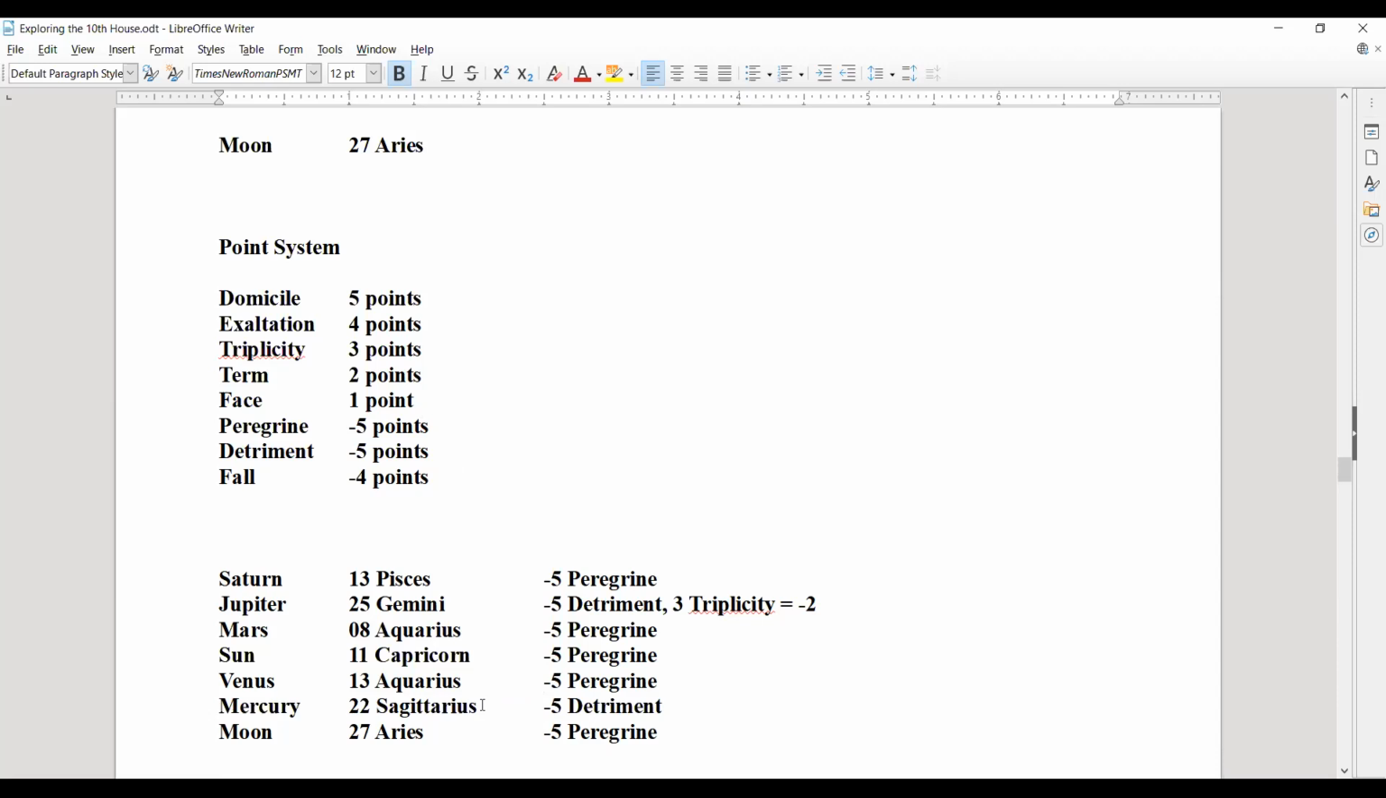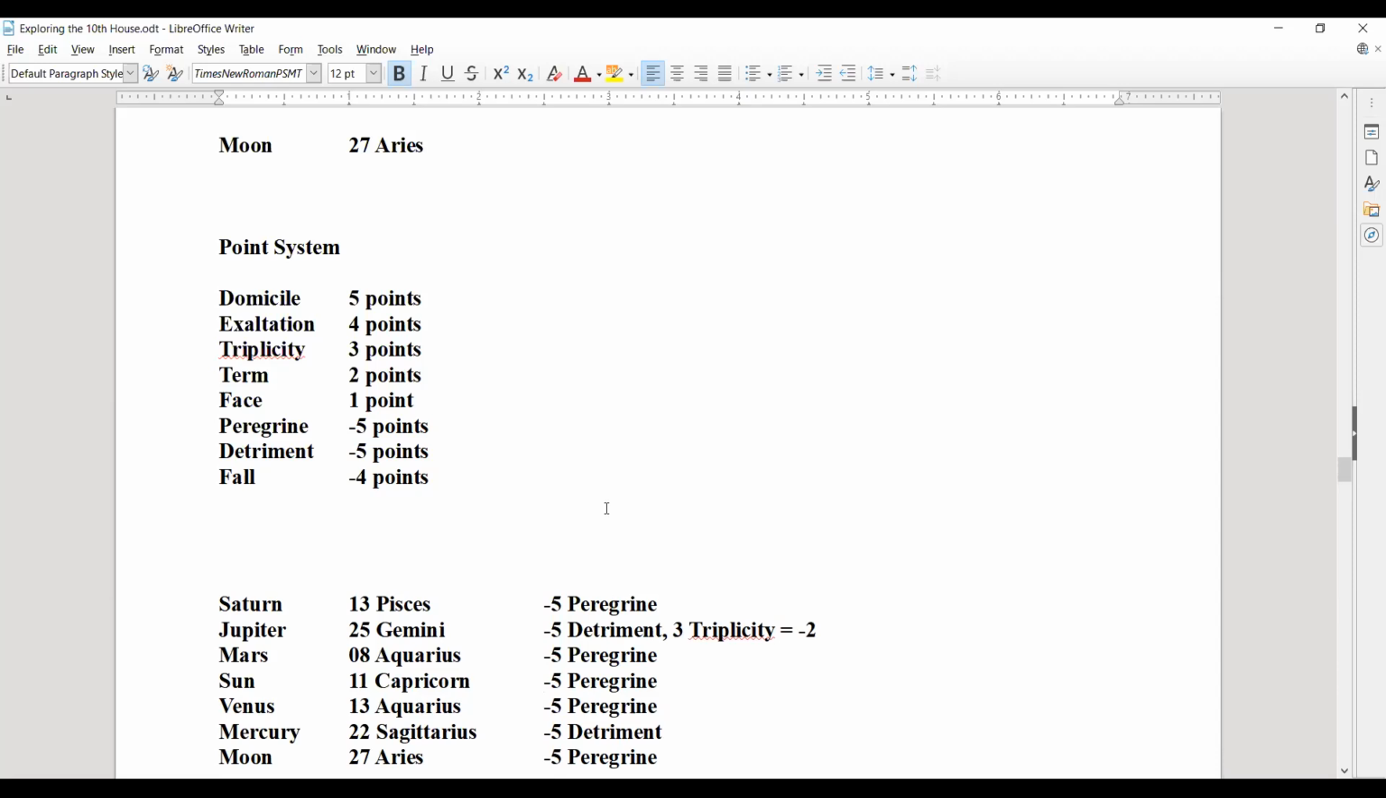So what you're going to do is you're going to go to your chart. You're going to go to your dignity chart. And let's just take one planet for now. You can do the rest on your own. We'll take one planet for now. I'm going to take, let's do everybody's Venus. Okay, so my Venus is at 13 Aquarius. And when I go to my handy dandy chart,